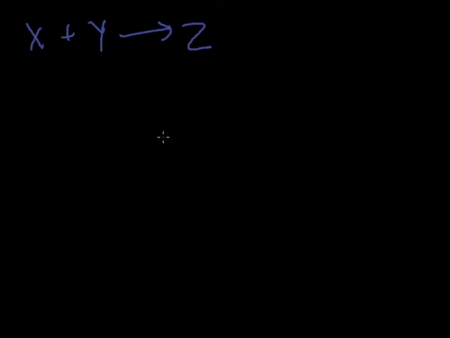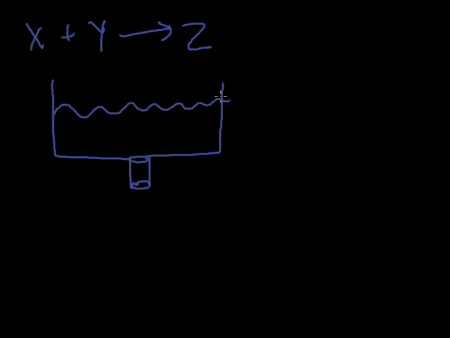And let's use an analogy here. Let's say there's this water tap. There's a tap over here, and there is a reservoir. This reservoir is made of the reactants x and y. Somehow when it goes through the tap, a reaction happens, right? So it flows out as z. In this analogy, the rate at which the water flows out is the rate at which the products are